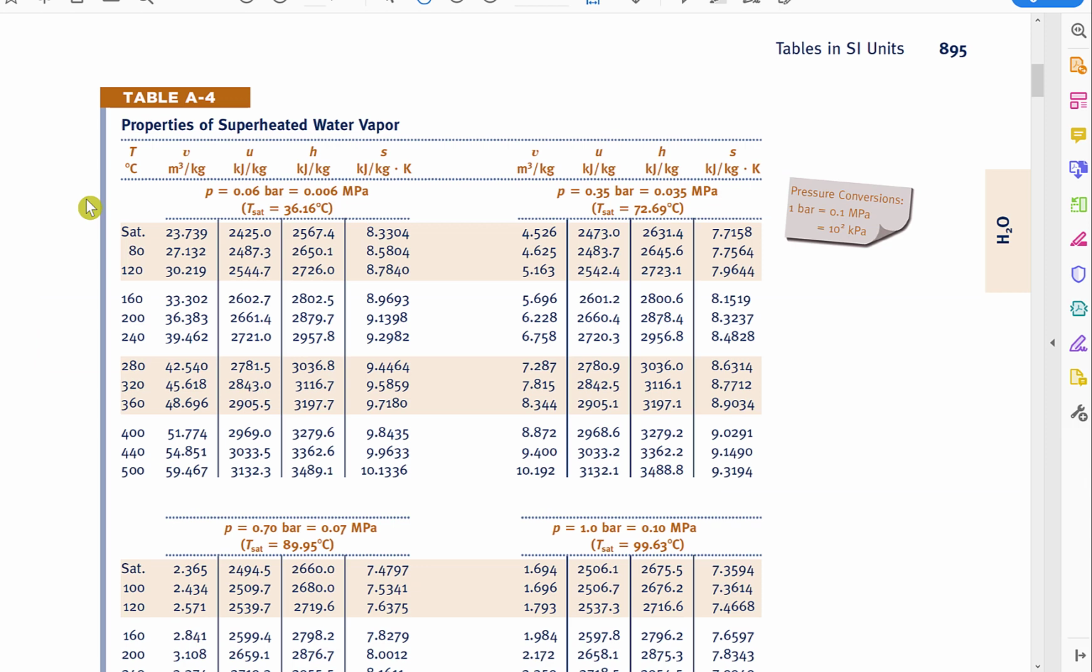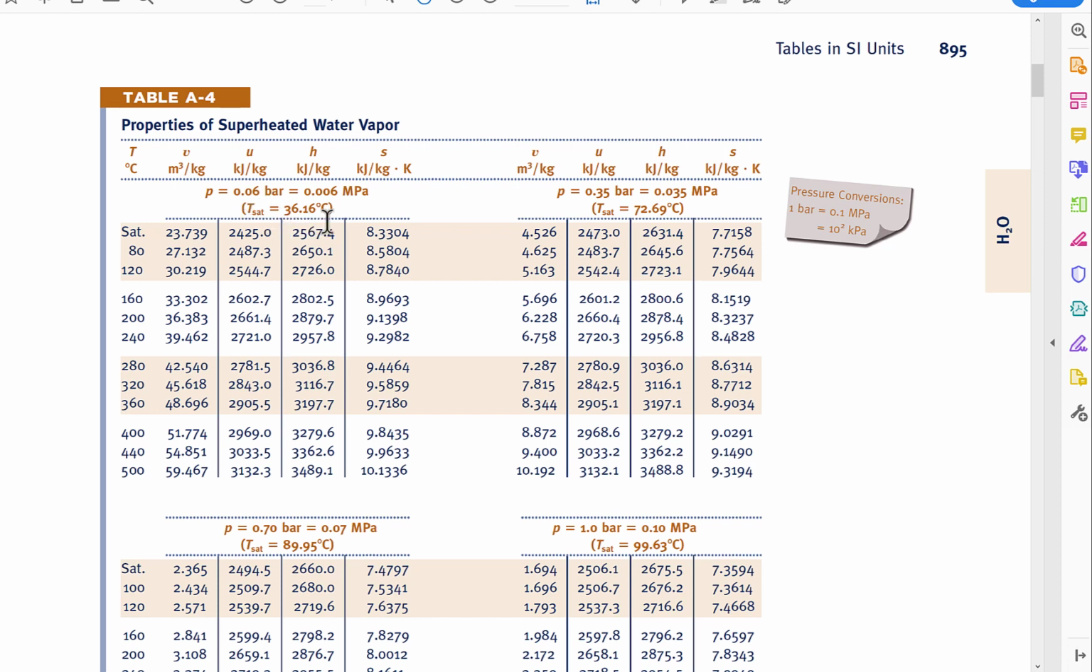Let's take a look at the table. This is table 8.4, properties of superheated water vapor. The first line shows temperature, specific volumes, internal energy, enthalpy, and entropy. We'll learn about enthalpy and entropy later. So this part of the table has the data for the pressure 0.06 bar or 0.006 megapascal. And the pressure shown here is the absolute pressure. At this pressure, saturation temperature is also shown,